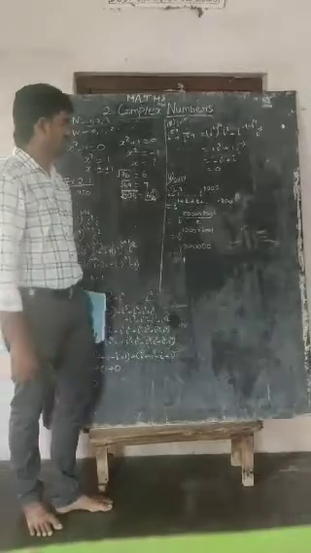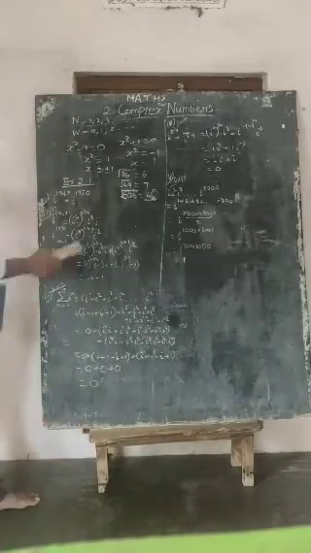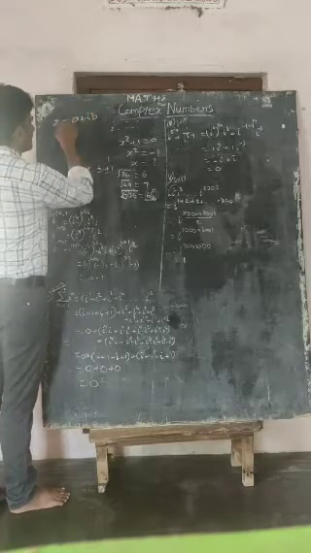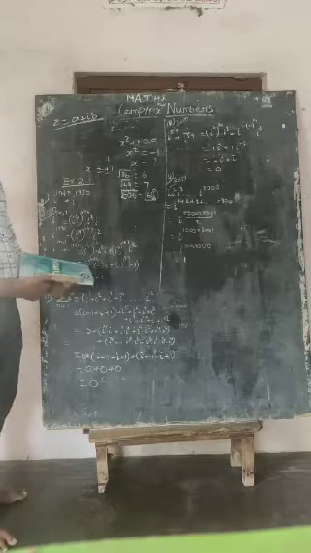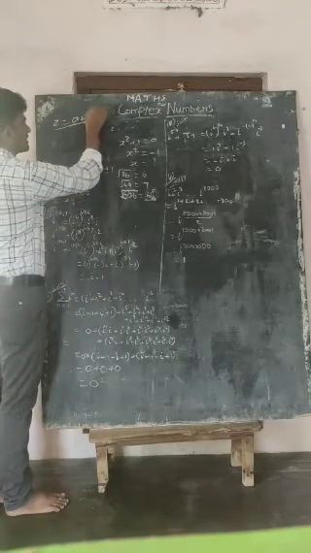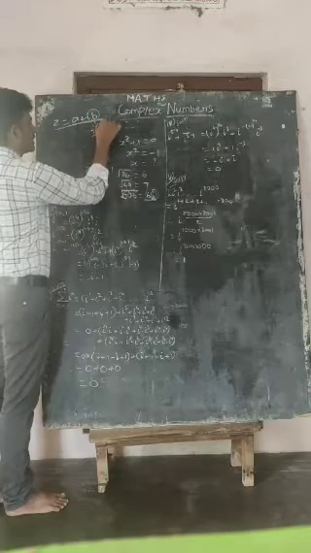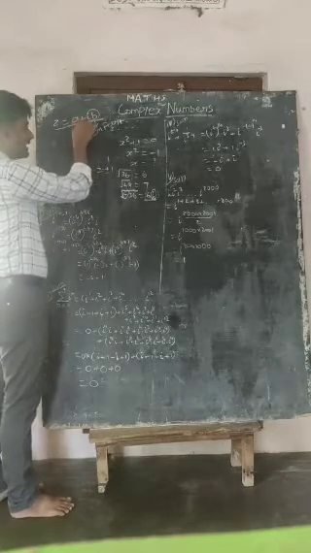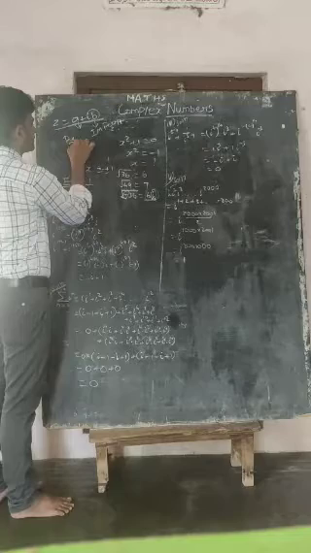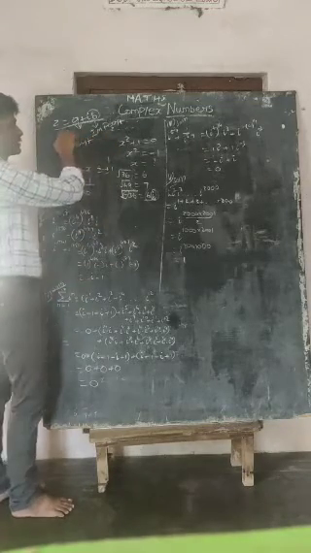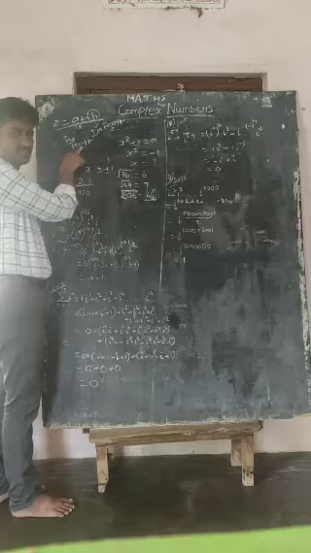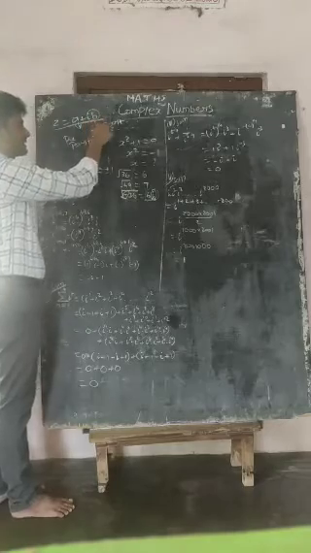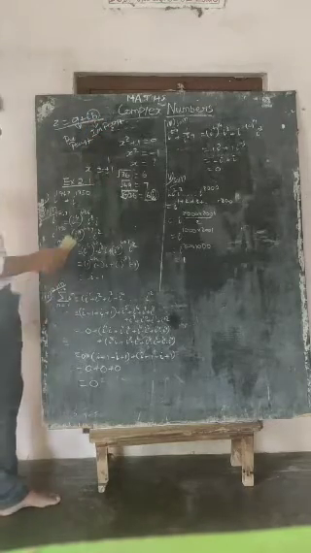In general, this is the general form of a complex number: z is equal to a plus ib. The part with i, ib, is called the imaginary part, and here this a is called the real part. So z is equal to a plus ib. This a is represented as the real part, and the next one, having i with the number, is represented as the imaginary part. So this is the introduction to complex numbers.